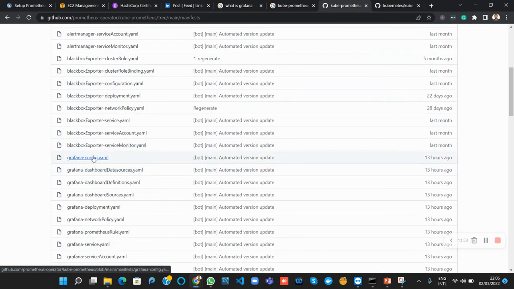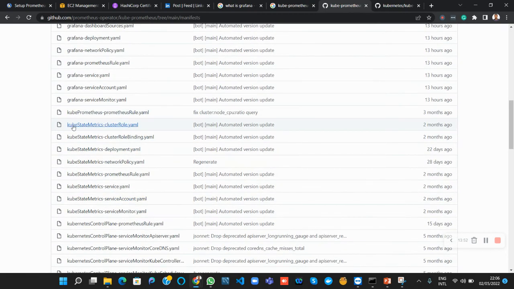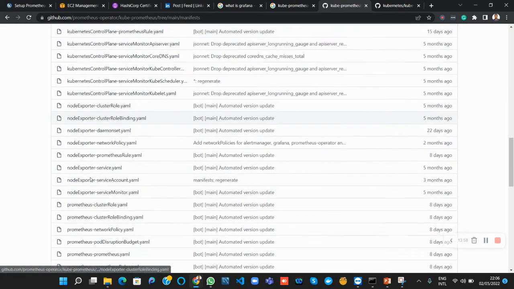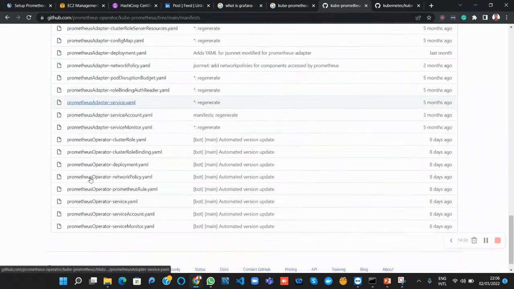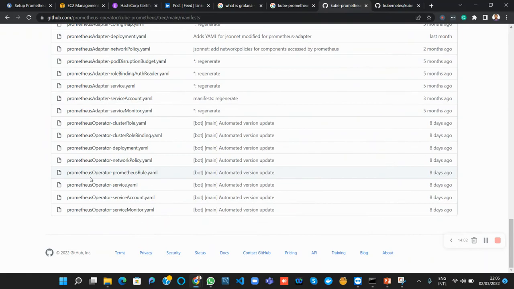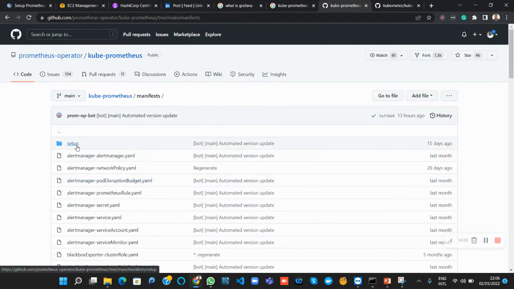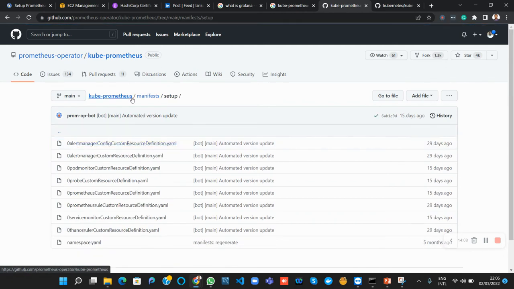They are here. You see Grafana. You see kube-state-metrics. You see control plane. You see the node exporter. You see the Prometheus operator as well. Then if you go to setup, because we will be using both manifests and setup, you see a lot and